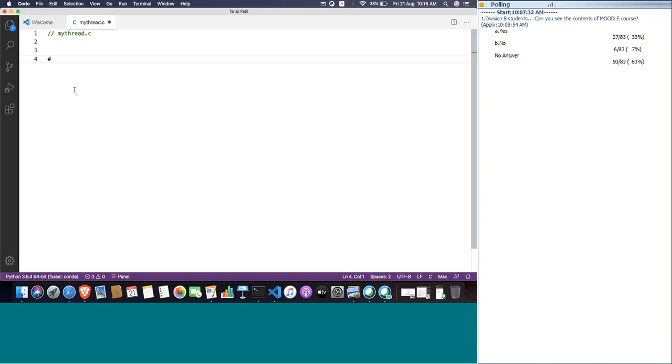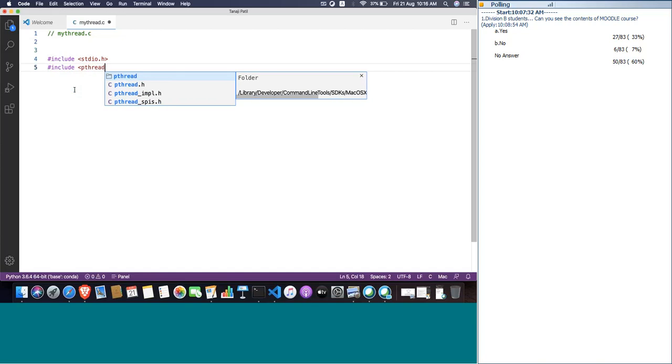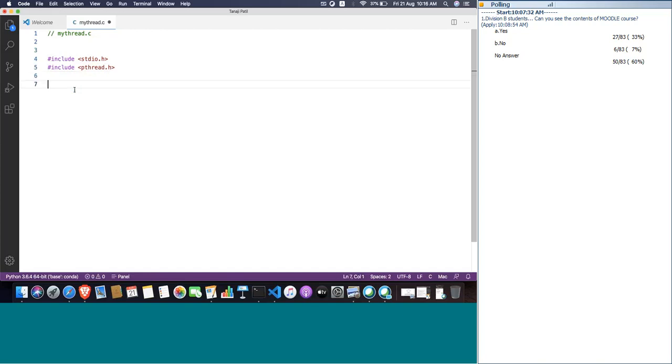So we need to start with the header file. As usual, because this is a C program, I'll include standard input output. And for threading, I need to include pthread.h. So step number one is to include the header file pthread.h, and one instruction is to compile this program